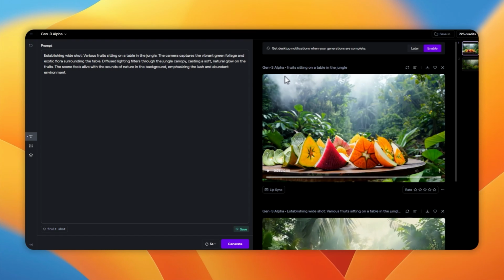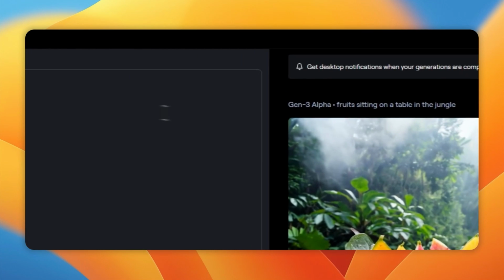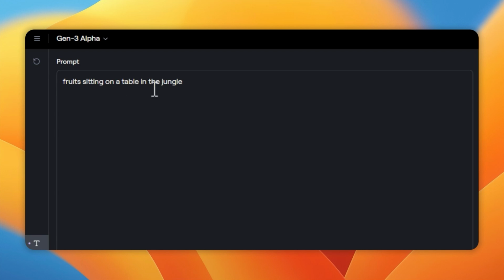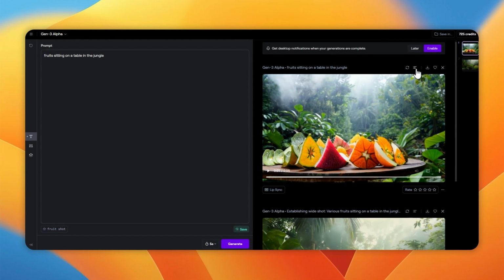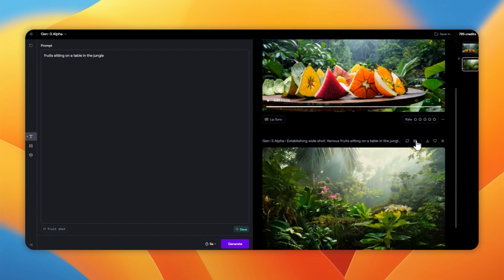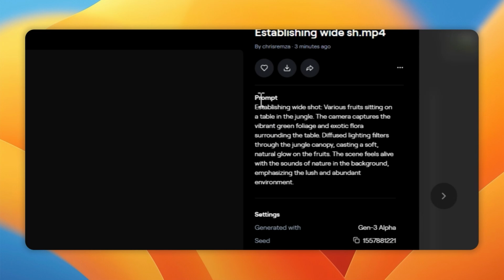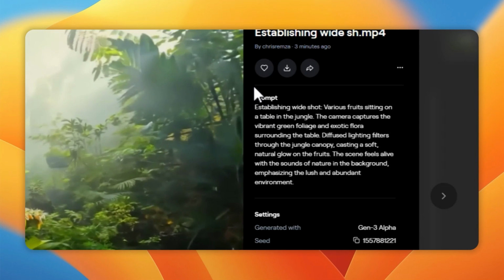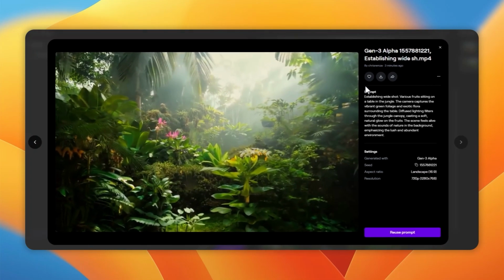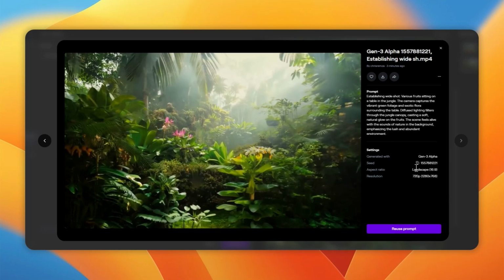Now, once you have your generations done, you can do many different things. For example, right here, you can click reuse the settings, and then if you click reuse like this, you can see it reloads everything and you are able to once again run this prompt if you simply liked it. What you can also do right here is you can click see full prompt. So for example, if we scroll down to here and we click see full prompt, you can then see the entire prompt and it shows you exactly what that prompt is and all of the different things. You can also see that it has more specific details that allow you to, once again, use this in other